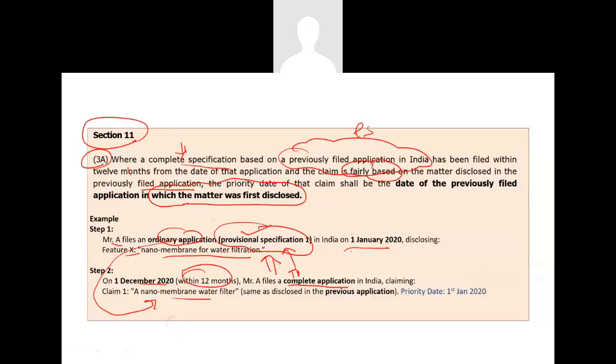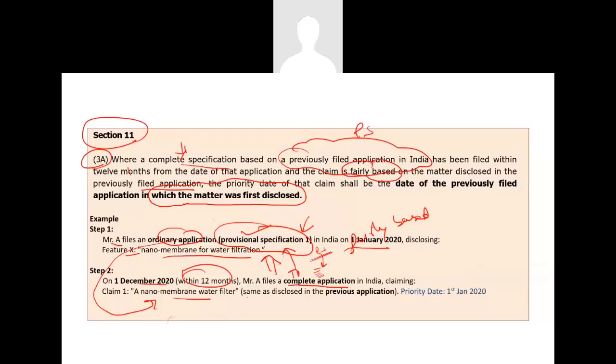What is the meaning of fairly based? Fairly based means that whatever was claimed in the complete spec found its basis, its details, in the previously filed patent application itself. That means whatever the contents of this complete specification are, these contents are coming from its legacy patent, which is the